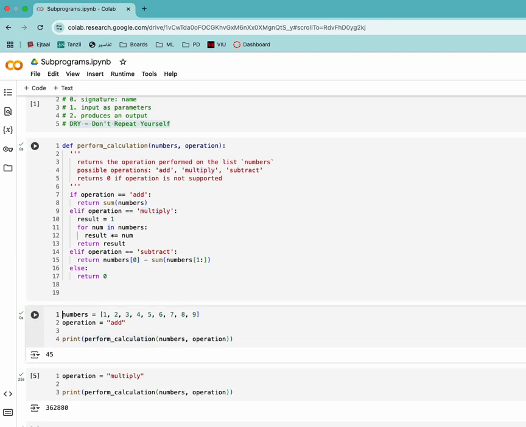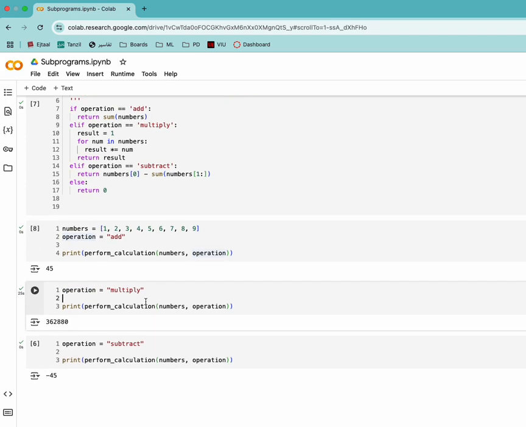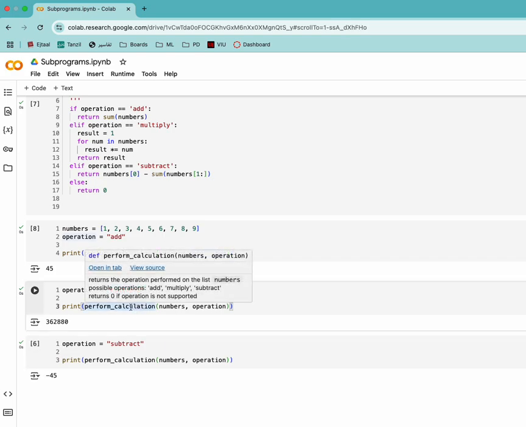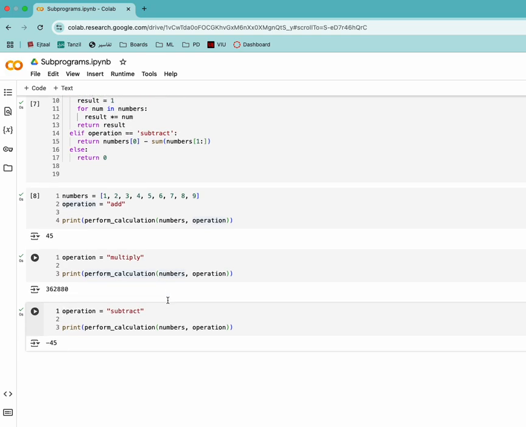Okay, let's compile it. Compiles well. Here is our operations. Here is our numbers, 1 to 9, and you pass in the operation add, and as you will see, it will add them very nicely. Okay, 45. Multiply, you do the perform calculation here, it will multiply the numbers together and present the result to us. Okay, and finally subtract,